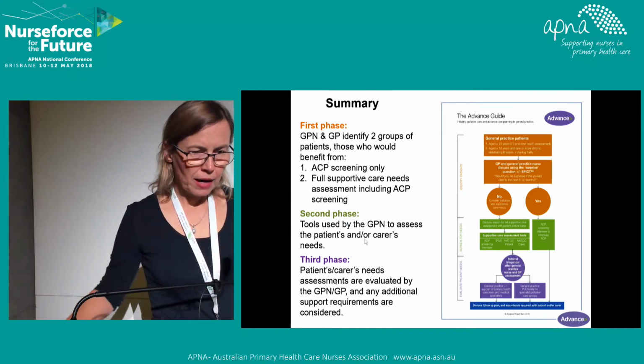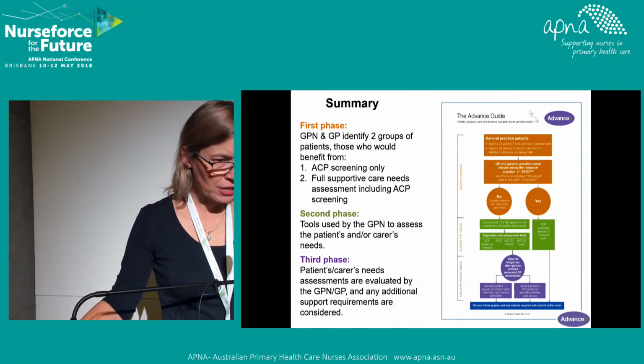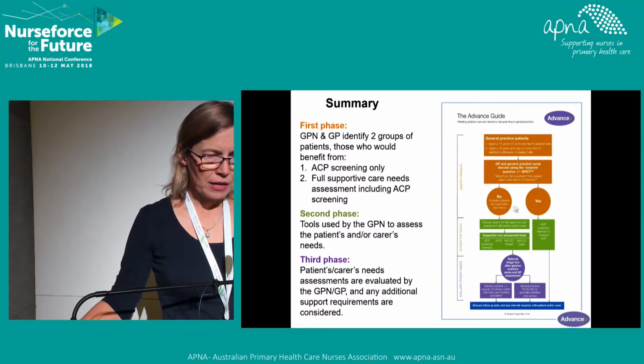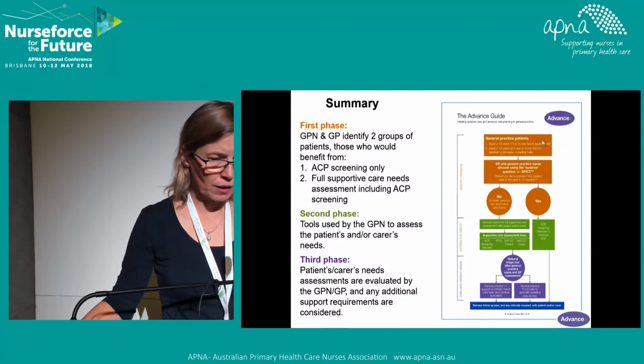So the first phase, identifying patients, that involves identifying the cohort of patients for whom one or more of the advanced assessments might be relevant, and that would be any patient over the age of 75, and as well as any patient over the age of 18 who has one or more chronic and debilitating illnesses. There's a couple of tools then that can be used to triage what type of assessment that patient might benefit from. But regardless,